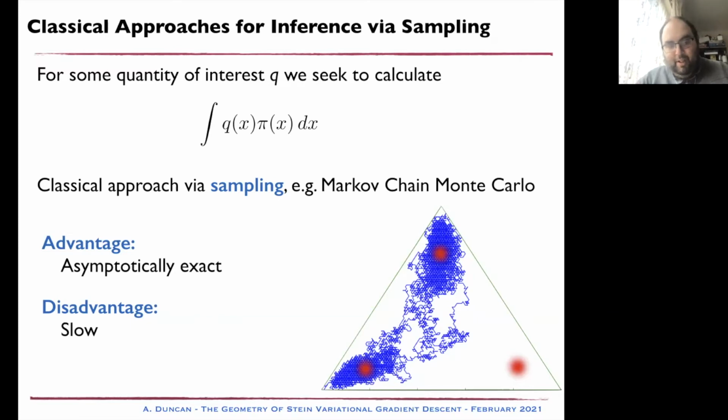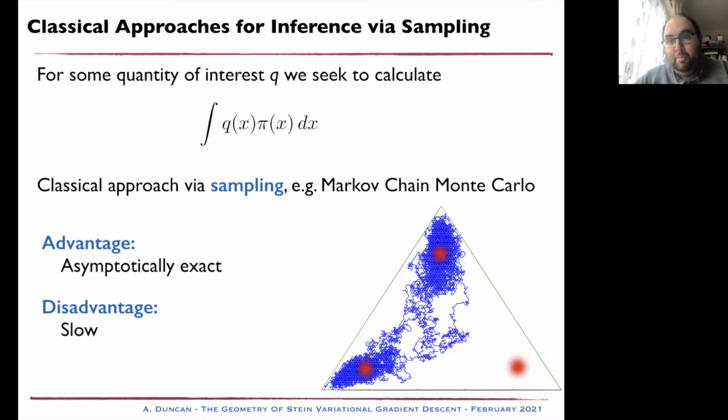The advantage of this approach is that it is asymptotically exact, in the sense that if I want to compute, for example, some expectation of a quantity of interest q, I can get within arbitrary accuracy if I produce enough samples, if I'm willing to spend enough computational expense. The disadvantage is that